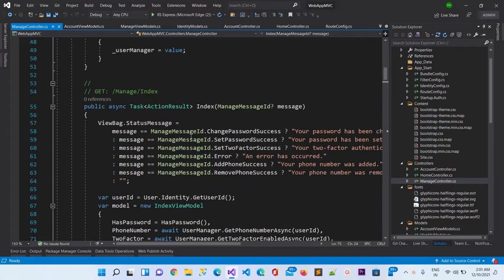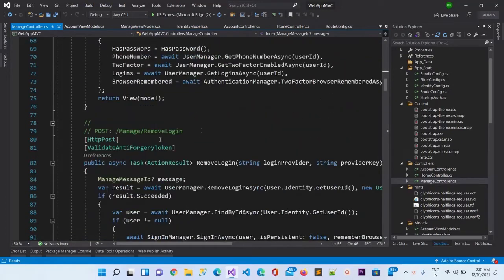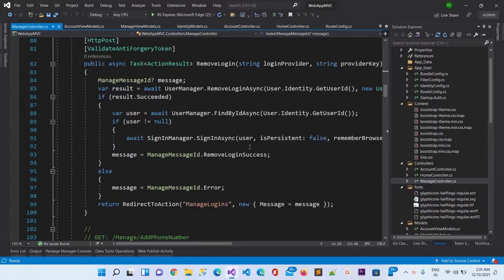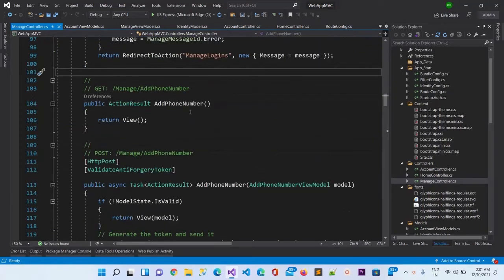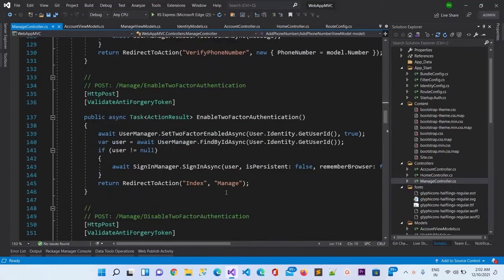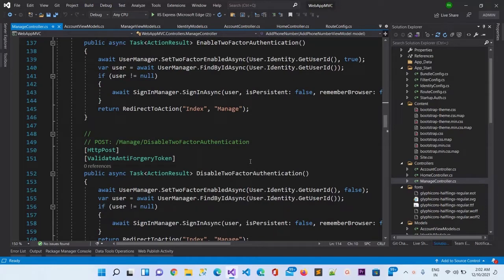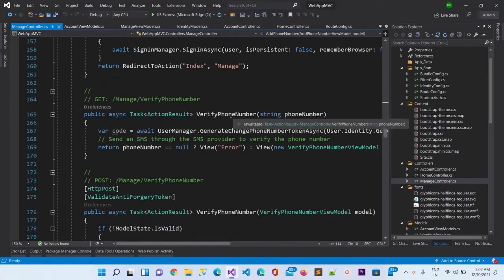So this is a get type of action method, and the other one is a post type of action method. This is for removing the login, this is for adding a phone number, with get and post, this is for enabling two-factor authentication, this is for disabling two-factor authentication, and this is for verifying the phone number.